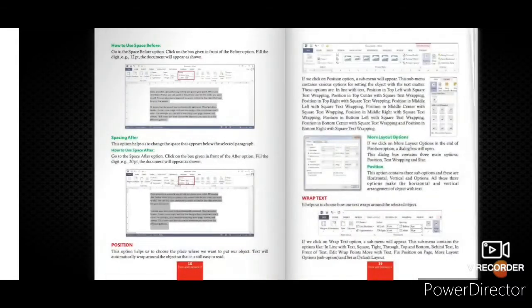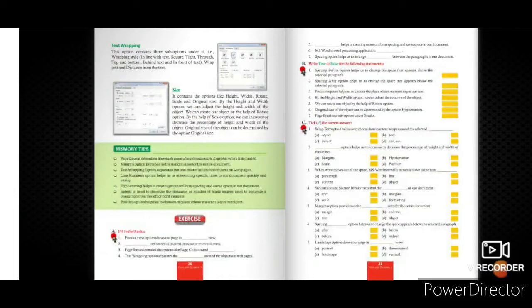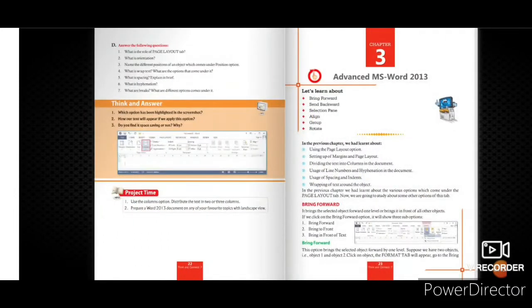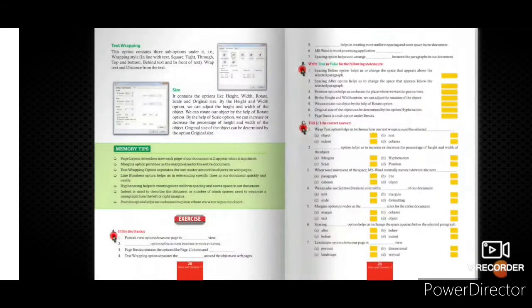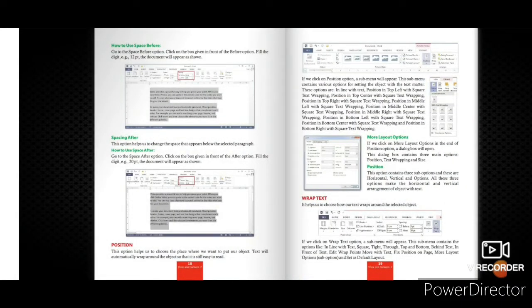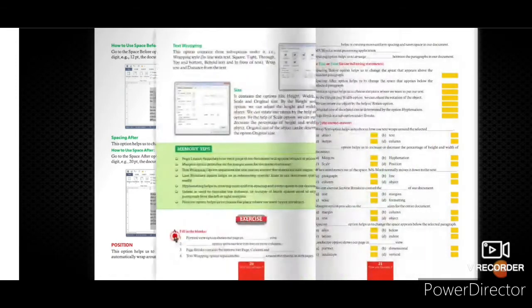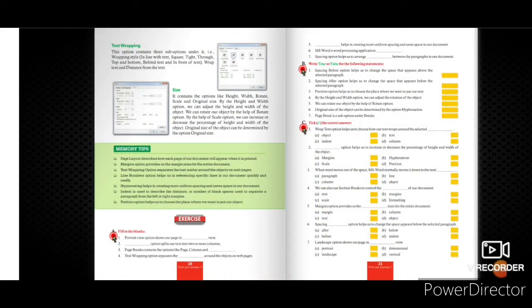And the question number third is: name the different positions of an object which come under position option. So here are some position options. You will write more layout options and position options, wrap text and text wrapping, and size.